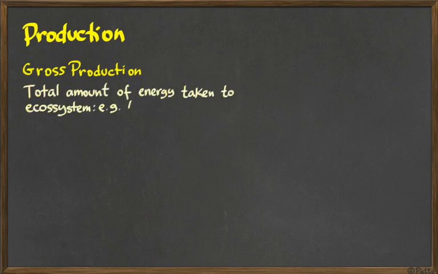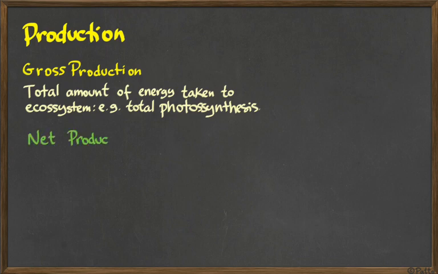But actually, the gross production is the total production, how much was produced in a certain place. So in the case of a plant, how much energy was taken by way of photosynthesis? It's actually very difficult for us to measure that, because when we see a plant, that plant is there, it did photosynthesis, but it already did other chemical reactions in its body, and has already wasted energy by way of respiration.